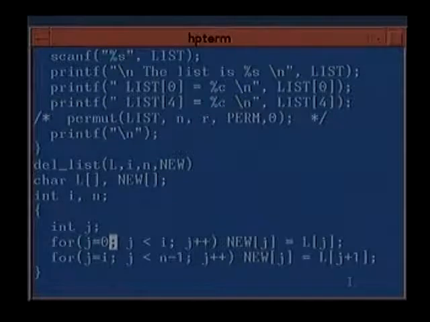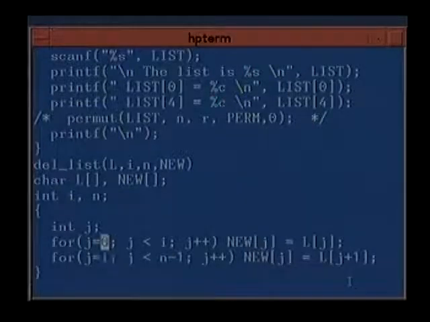We leave out I minus 1 because the ith element, if the array starts from 0, will be L[i minus 1]. So the rest of it we do from I till n minus 1 because one element less, and we copy into new j. We have done it up to I minus 1, isn't it? And we have to remove out the ith element.